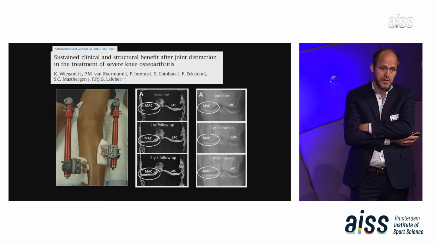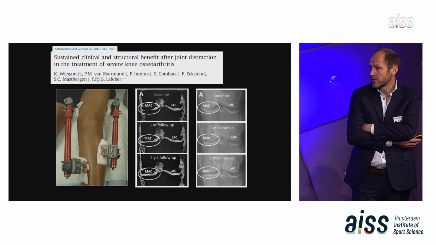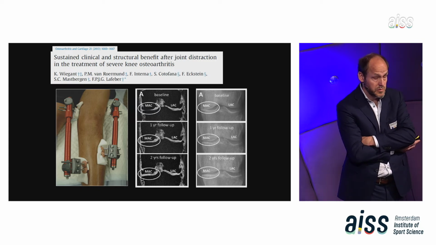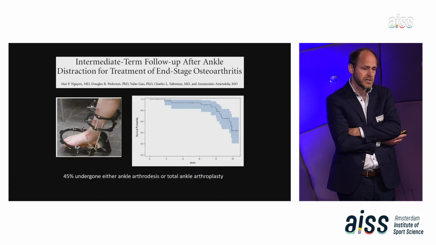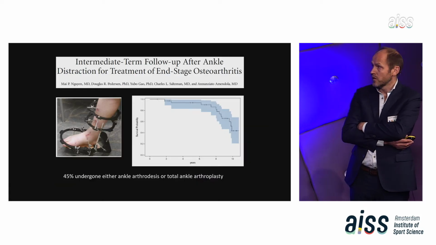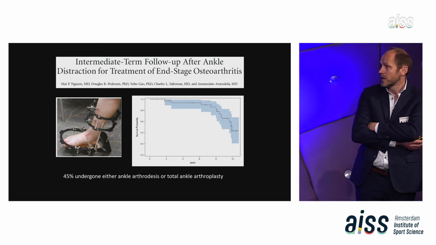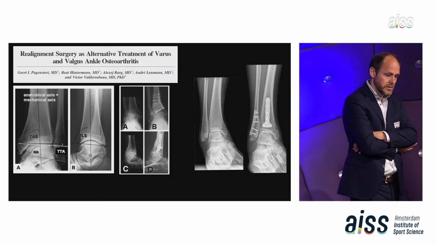Is this with the distraction therapy? It has been shown to be very promising in the knee joint. Look, here we see regeneration of cartilage on an MRI. The joint pain returns. Why is this? Because we know that cartilage requires loading in order to repair itself. We know for the ankle, for example, that it does not work. The joint becomes really stiff and it doesn't last for really long. So why does the knee work and the ankle does not work?